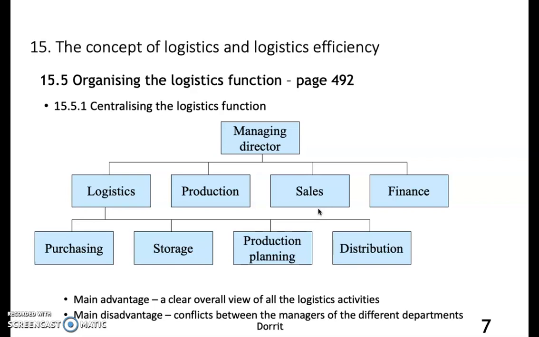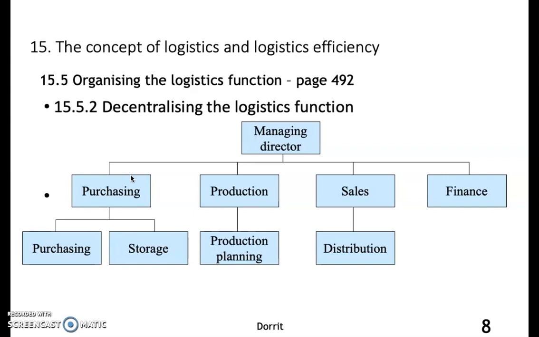Disadvantage: conflict between managers of different parts. If we have 4 managers here, they will all try to battle each other. They all try to gain momentum. They all try to be the most important part, and also many of these managers will eventually want to follow the managing director when the spot becomes open. So therefore, you see some competitiveness. Competitiveness is a good thing, but it can also be challenging.